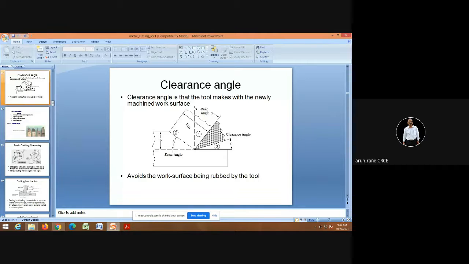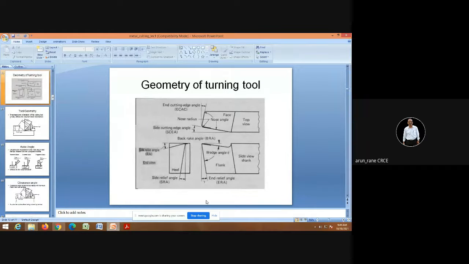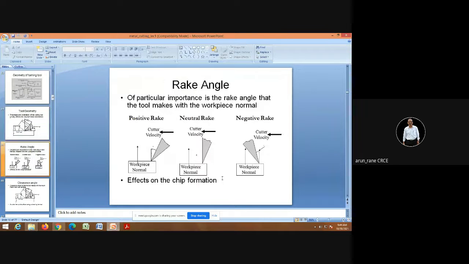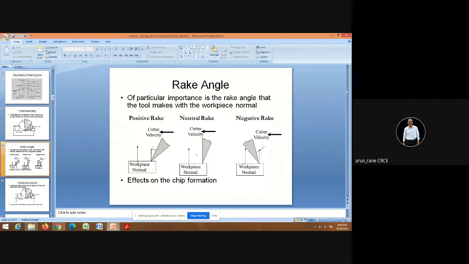If anybody wants to learn in detail, then he can go through it. But from the examination point of view, only that diagram having those six angles, I'll show again. Only this diagram is very, very important. And this is the most popular question for 5 marks. And if you draw it neatly and if you show the angles properly and if it is legible, then you get 5 on 5. Means it should not be freehand. The projections in all the three views should match properly.